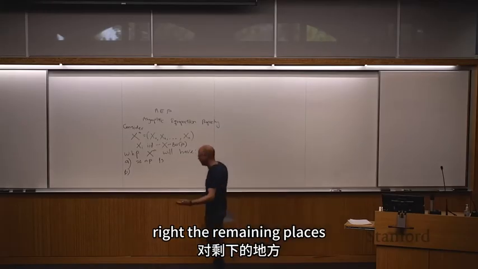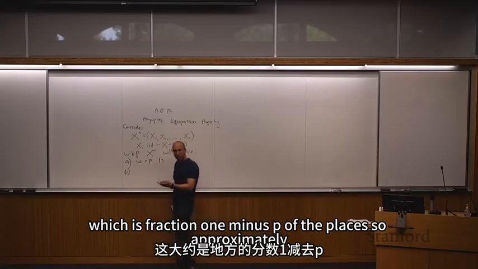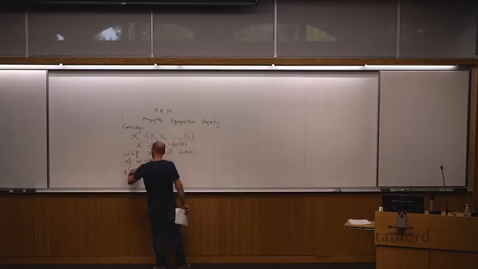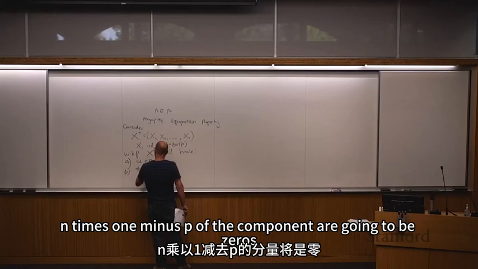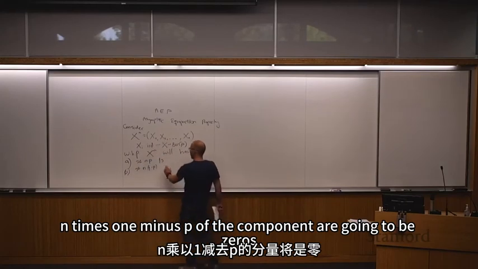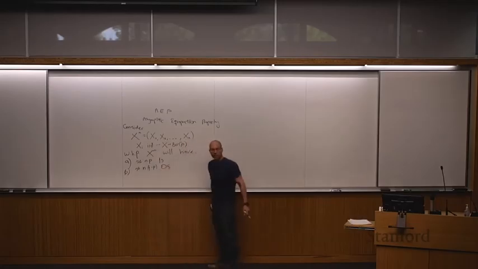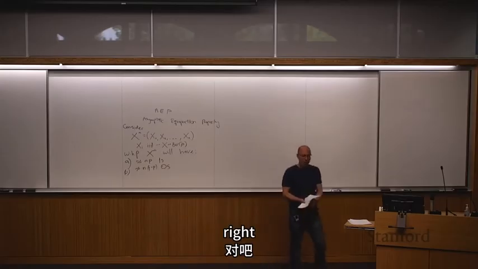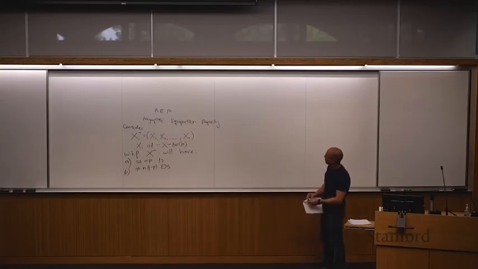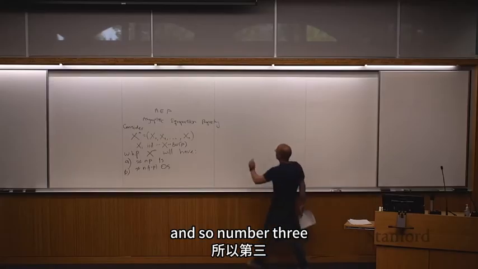The remaining places, which is fraction 1 minus p of the places. So approximately n times (1 minus p) of the components are going to be zeros. And so number 3,